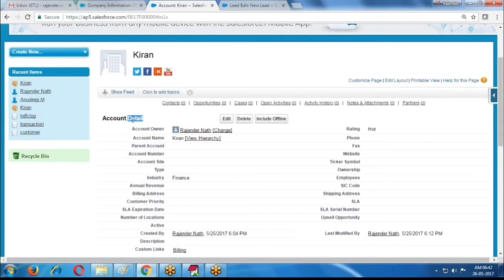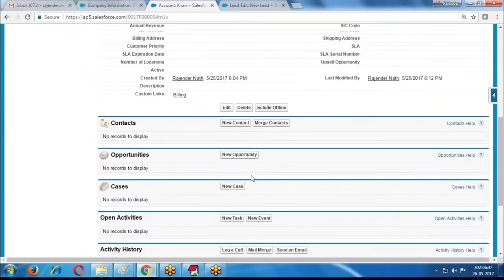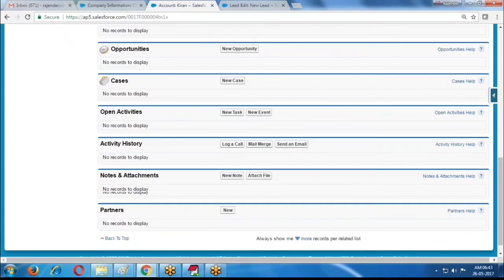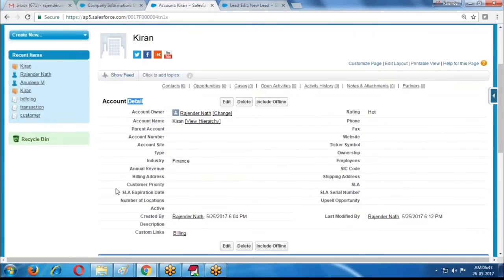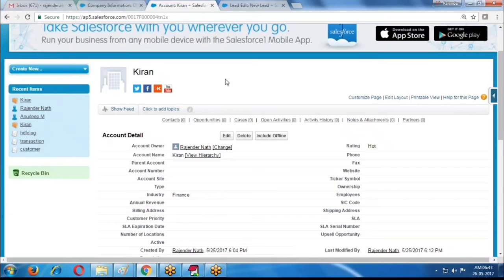After creating, if you want to view the data, whenever we create a record, it automatically opens and displays that information. The displayed information is nothing but a detail page. In the detail page, the record information is shown, and whether there are any child related lists, what the children are, that child information can also be displayed. So every page is contained like this.